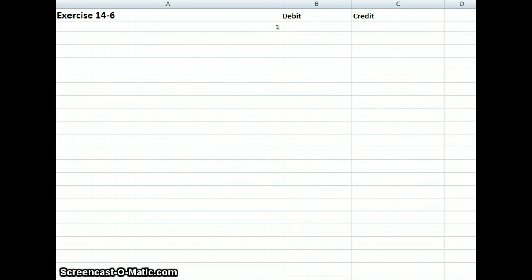Okay, we are going to do a quick example here. This will be similar to exercise 14.5, but it covers some of the basic principles of bonds. Let's look at exercise 14.6 on page 741. And the problem goes, the Gorman Group issued $900,000 of 13% bonds on June 30th for